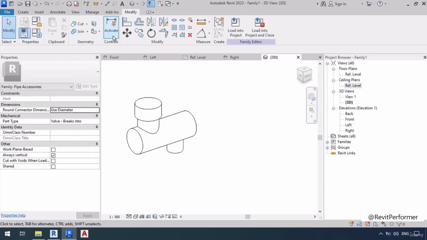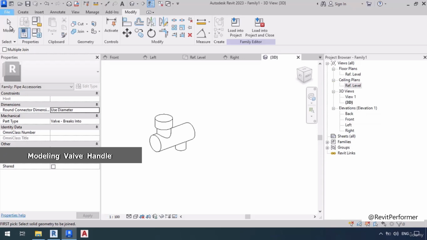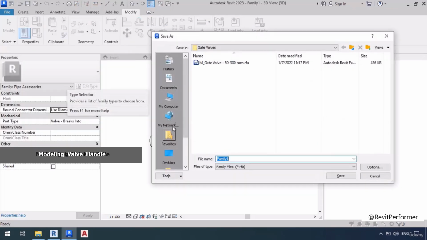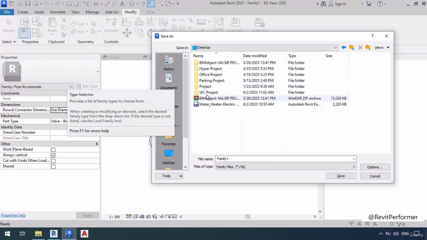I could also use the join command to join the body with the handle we just drew, like so. Now let's try to save it at this point by going to File, Save as Family. Then we're going to open the folder we were working in. We're going to go over here to the desktop,